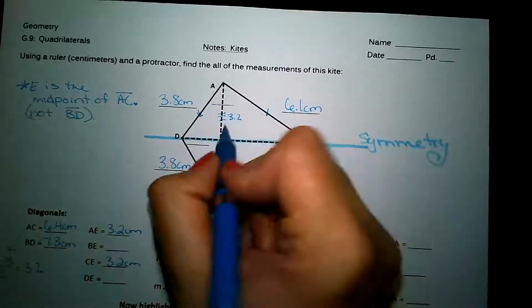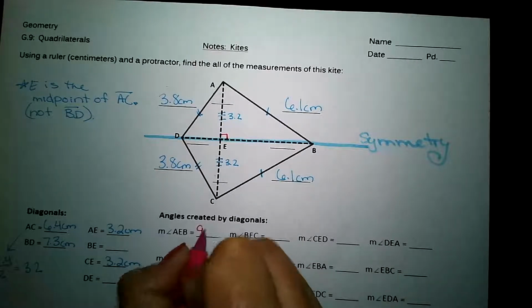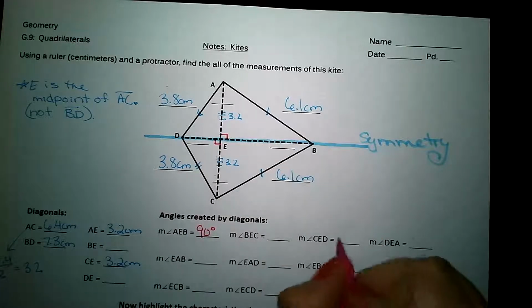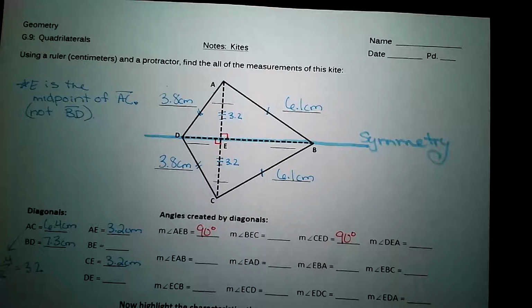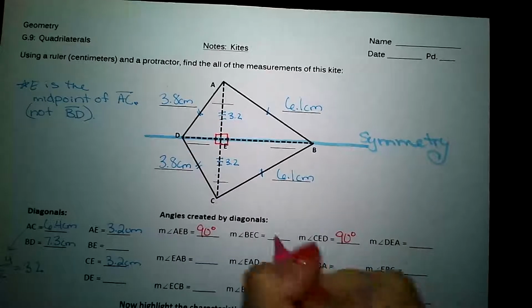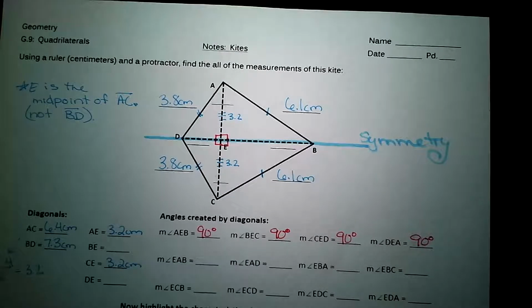So we have a right angle in here. If we use our vertical angle, that gives us a second right angle at CED. If we use our linear pairs, that gives us two more right angles at BEC and DEA. So 4 right angles in the middle of that shape, which means